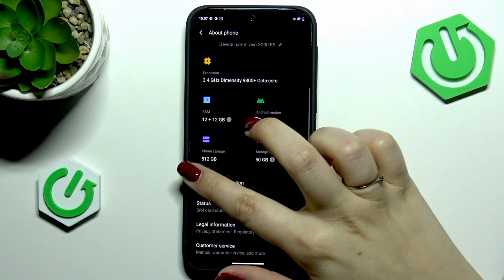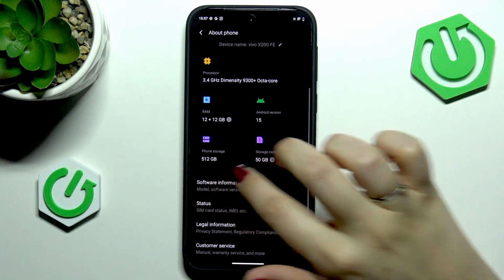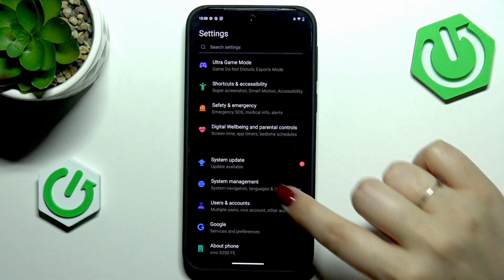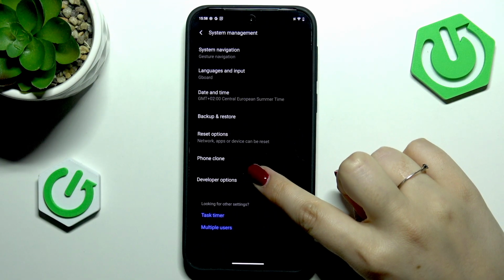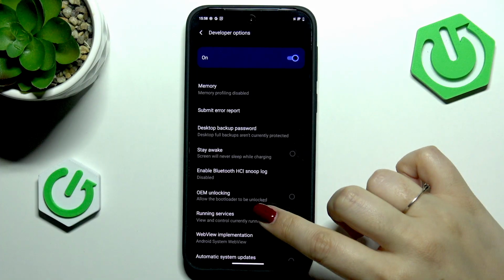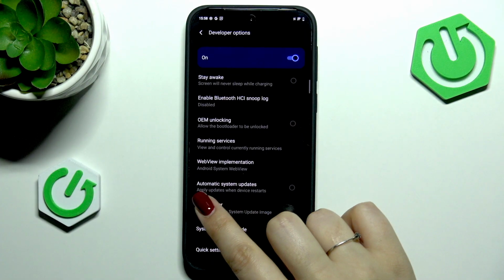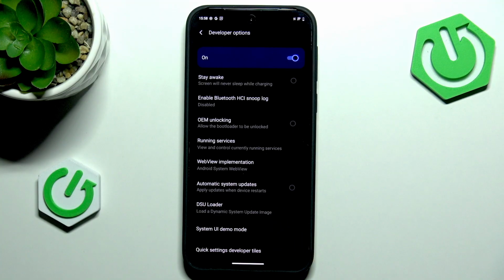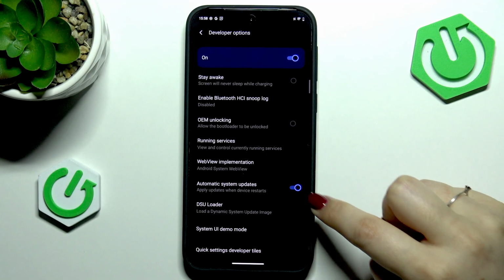Then let's go back to the general list of the settings and go to System Management. Now let's tap on the developer options, and here we have to scroll down a little bit to find this option, Automatic System Updates, and all you have to do is to tap on the switcher to turn it on,